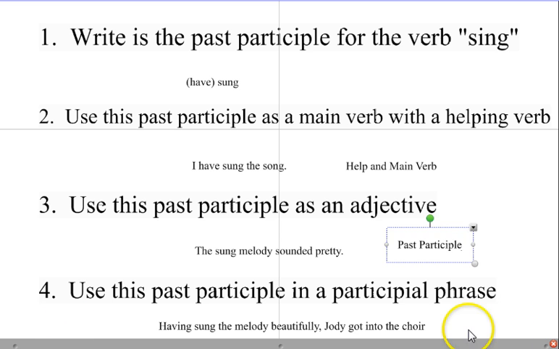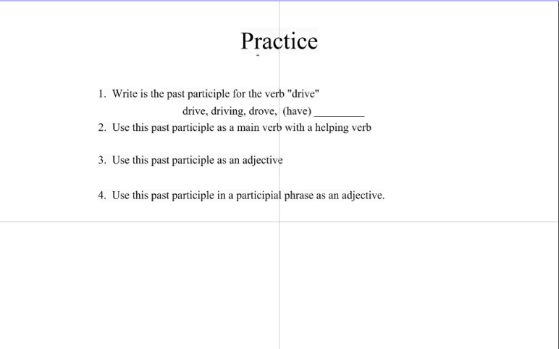And here you saw me using it as a past participial phrase. Okay, so what I'm asking you to do on this page is the exact same thing, but you're using the word "drive." So you got to get this one first. Then I want to see you do it as the main verb with a helper. I want to see you do it as an adjective, and I want to see you do it as a past participial phrase, which of course is also an adjective. All right, and there's some answers on the next page. So stop the video, do that,